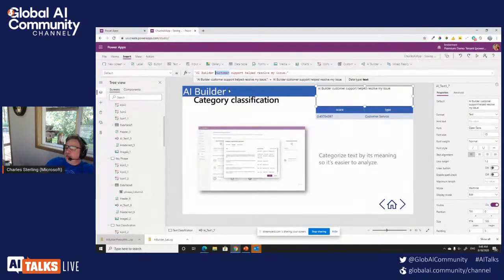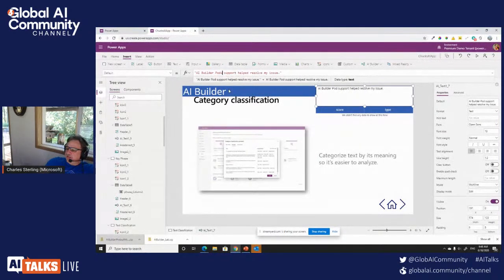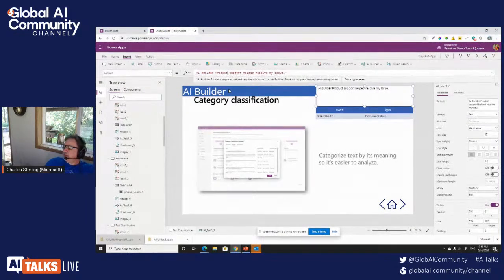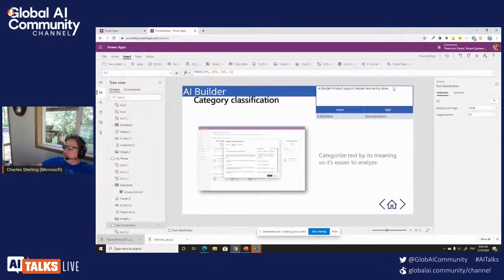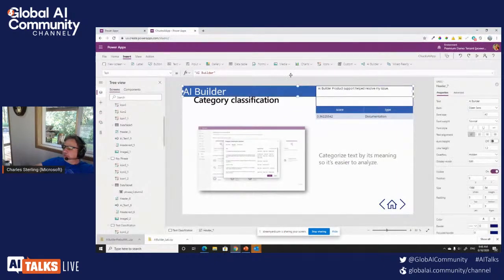And I'm going to go out and say the AI Builder product, right? So before it was the service team, but now it's the product. And you'll see that it's already changed from a service to documentation. What else could there be? What other types of categories? I mentioned that there's like 6 of them. What happens if I go out and talk about the text being,